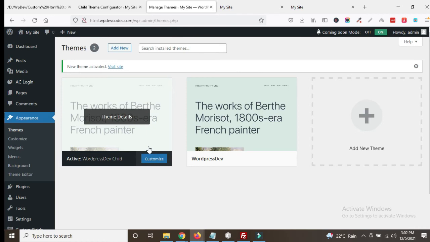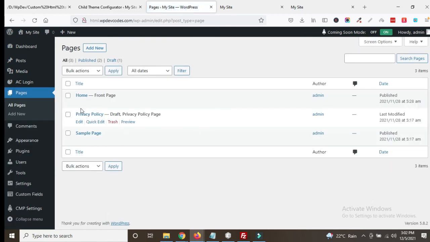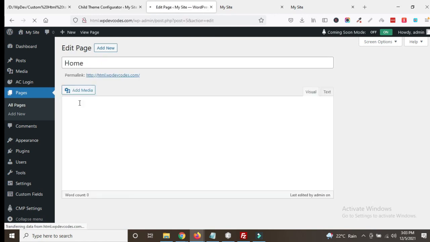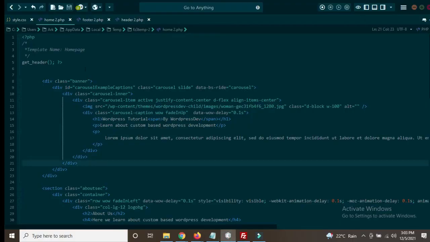Before we proceed, we need to check if any pages have been created or not. Go to Pages. You can see the home page we already created from this area. Just click on home page. Once you click on it, you can see on the right side, Template. Where is this template coming from? In the home.php file we added a template name